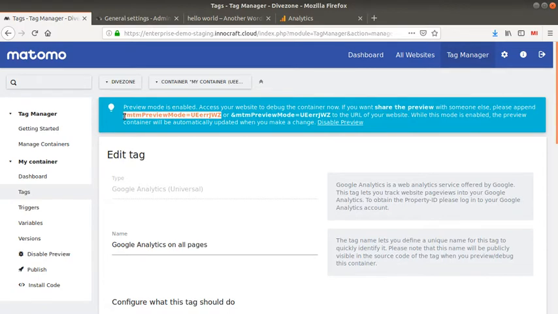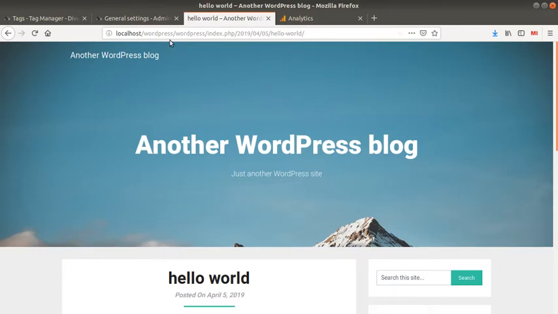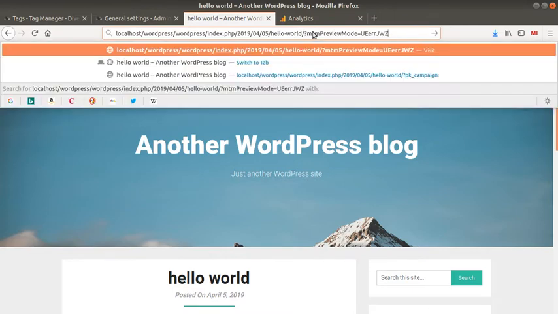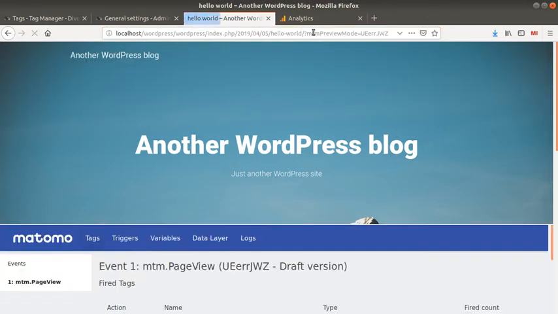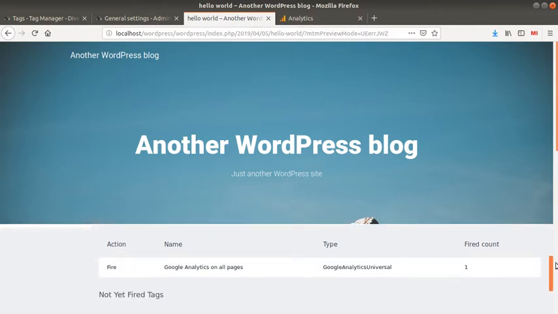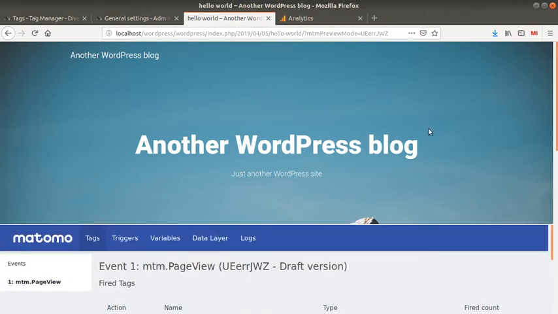As usual, I can just copy and paste this part, go to my website over here, and put my preview mode like this. Here what I can see down below is that my preview mode is working. It's telling me the Google Analytics tracking code on all pages has been fired.